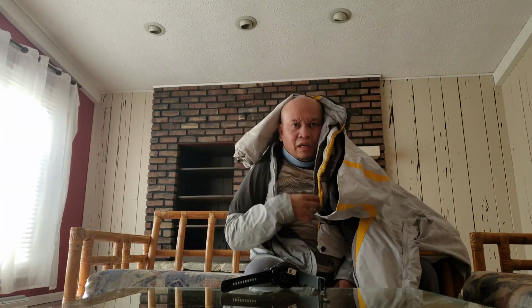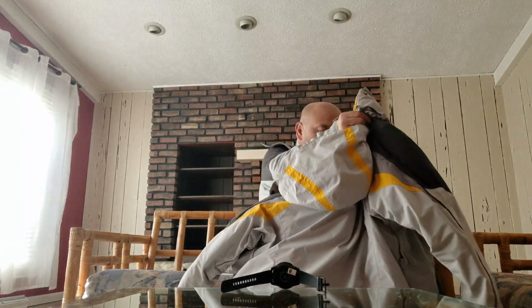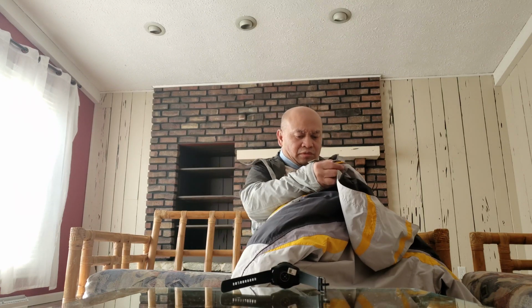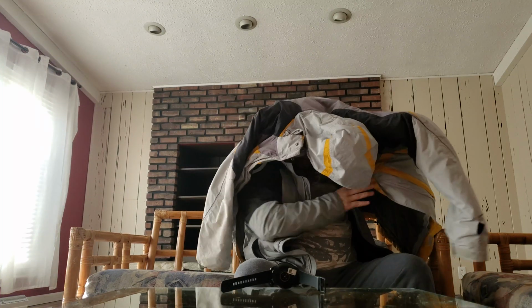So the same thing, I start by finding, in my case, I swing it around, but you're using the same principle. You insert first your affected hand into the corresponding sleeve of the coat. In this case, the left sleeve of the coat. I do the same thing like that. And then I swung it around like that. I take time to pull it